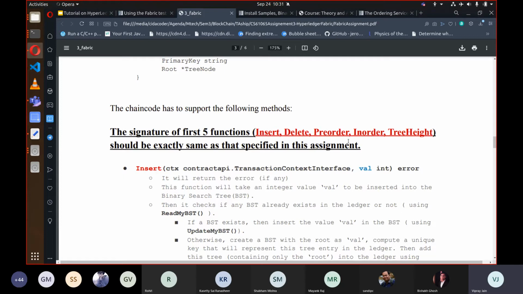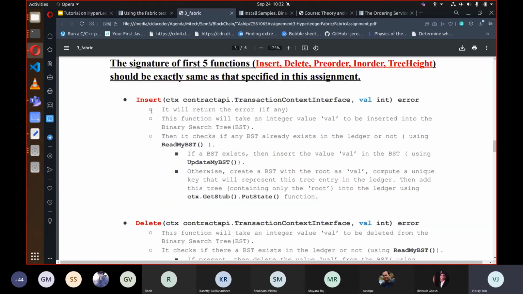These are the functions for which the signature should be exactly the same, because we will be using these functions to evaluate the assignments. So like this insert function, this part should be the same. After that, I have shown some details in every function. The create asset function returns a simple error, and this function will take a single integer value and insert it into the BST.